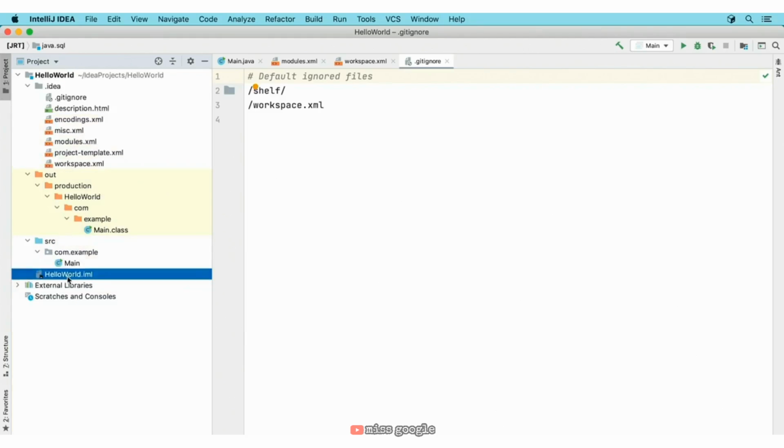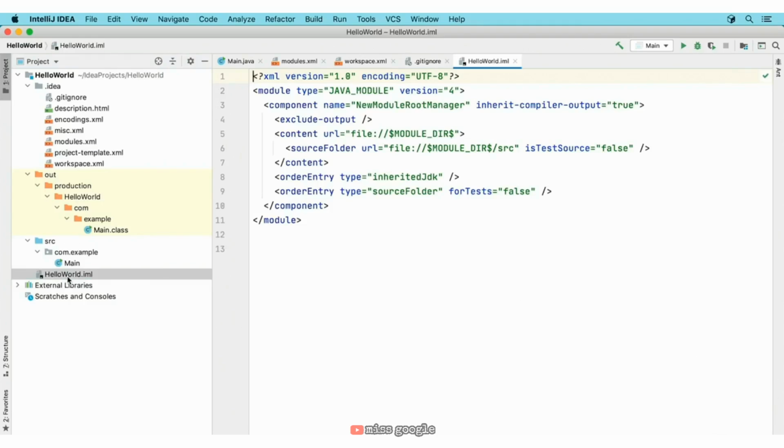And finally, there's an IML file. It'll have the same name as the project, and this is a critical file that manages all the other files. The modules, the workspace setting, the folder where you're creating your source code files, and so on. Now, as you add more capabilities to your project, say if you're using dependencies and you're using the Maven or Gradle frameworks, you'll see more directories and more configuration files. This is just the simplest structure that you're going to see when you create a brand new Java project in